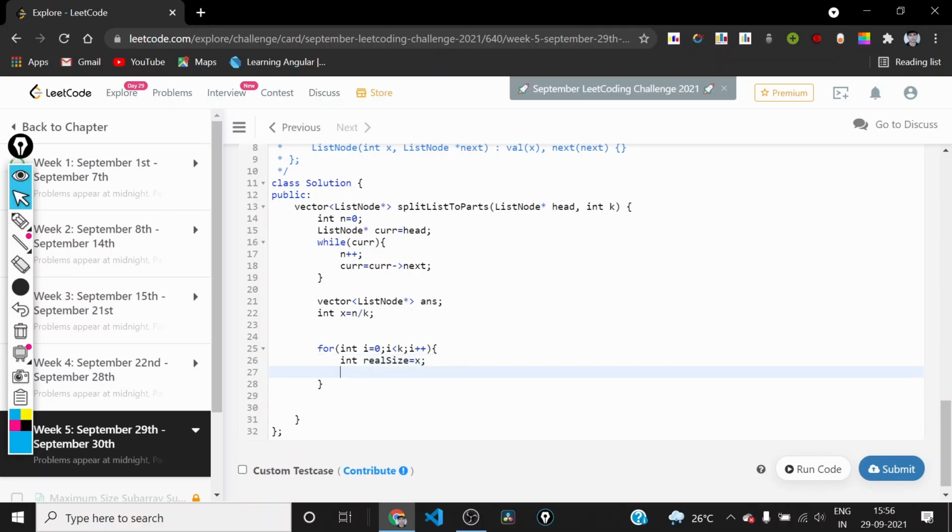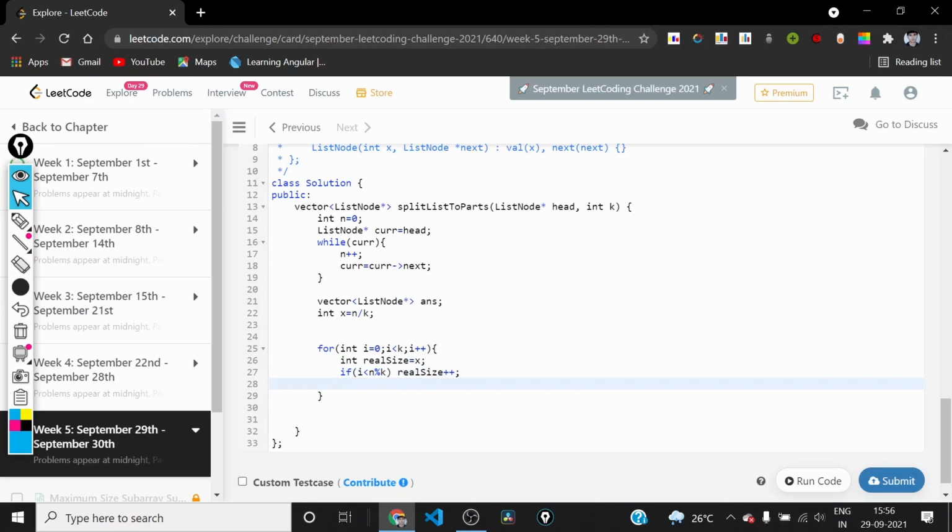So this will be set to x. So if i is less than n mod k, then this real size is x plus 1. So now we have got the real size of each part.